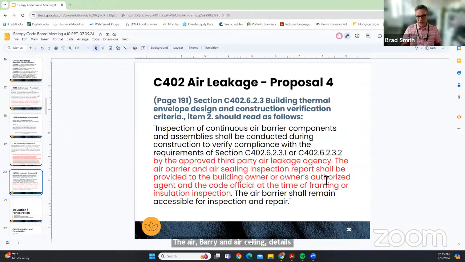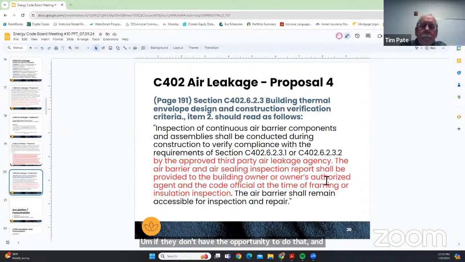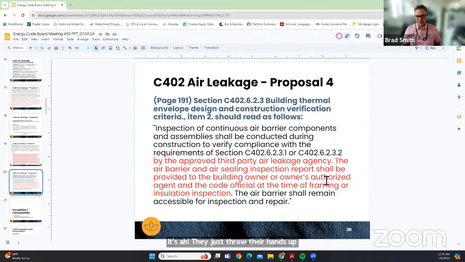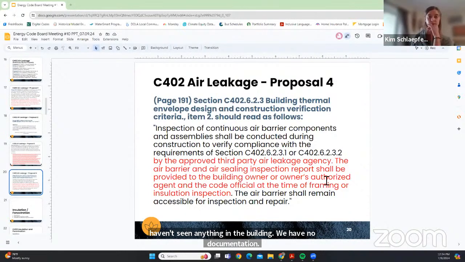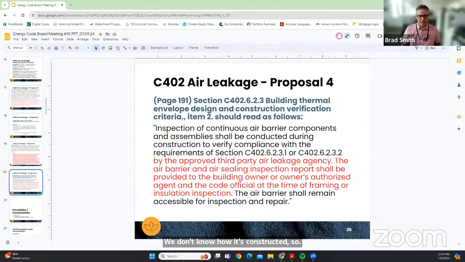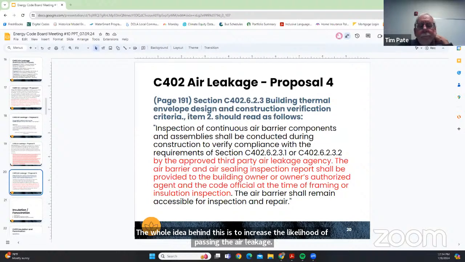If they don't have the opportunity to do that and the building fails, they just throw their hands up and say, we haven't seen anything in the building. We have no documentation. We don't know how it's constructed. So the whole idea behind this is to increase the likelihood of passing the air leakage test on the first attempt.